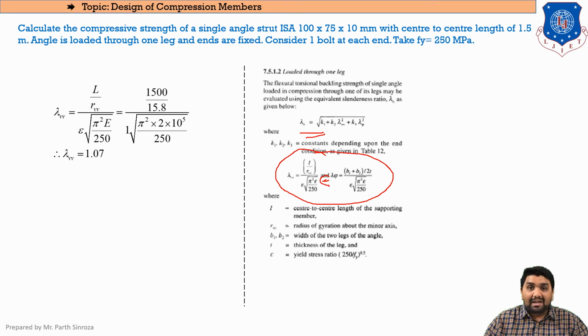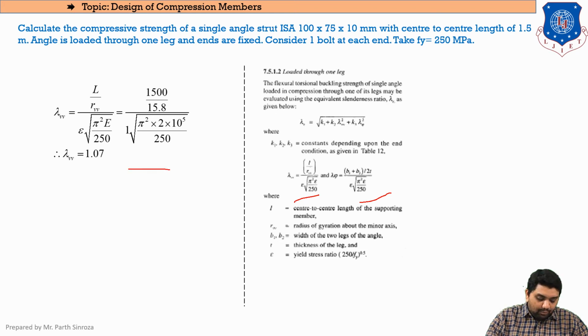So again you will not be overwriting anything in your IS code. You will just be remembering that we will be solving plenty of sums regarding this. So this denominator portion in both cases, that is in the case of lambda vv also and in the case of lambda phi also, the denominator contains capital E instead of epsilon.